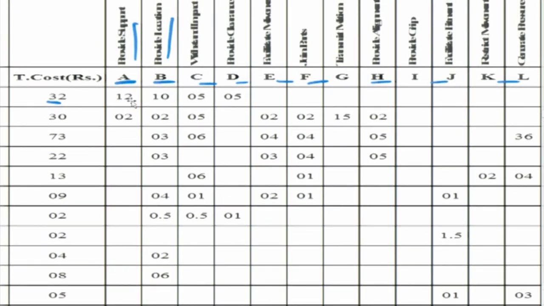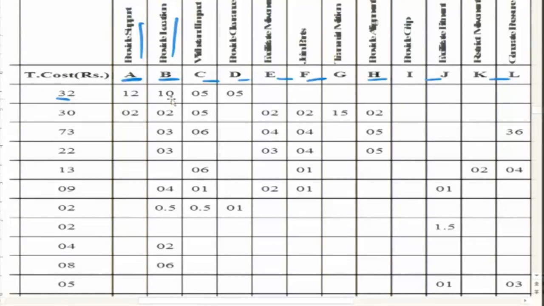Rupees 12. Rupees 10 is the cost of providing location. For instance, to provide location, the material has to be part of that. We need to drill holes to provide the location. What is the cost of drilling holes, and what is the strength of the material? For instance, the material for the first component, base plate, was mild steel. Why was mild steel selected? Because this size of mild steel was required. The material cost is divided into these components.